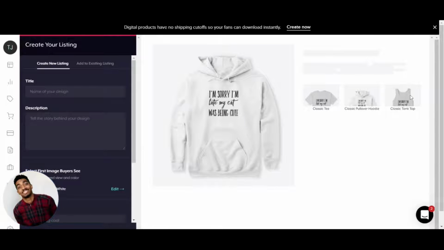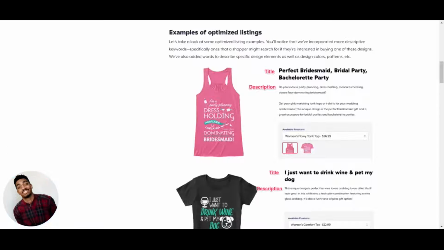So this shows how everything is going to be displayed when people view our listing. We have a title section here and we have a description. When it comes to putting together your description of your item on Teespring, I would err on the side of caution because Teespring does not play and they will remove your listing. So these are 3 different ways that we could possibly do the listing. These are like keywords: perfect bridesmaid, bridal party, bachelorette party. So those are terms that people would search for. And then this description kind of goes in detail of what the item is and kind of giving an experience around the t-shirt, why you would want to wear it and stuff like that.